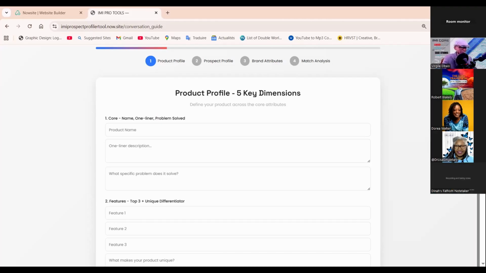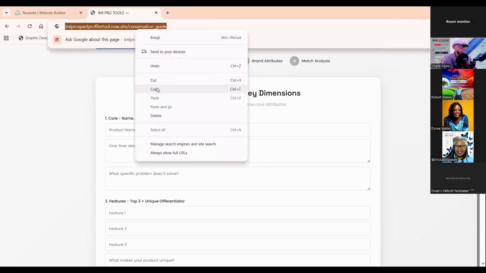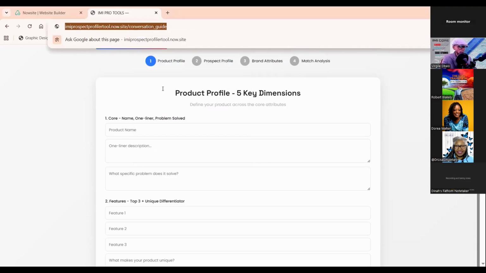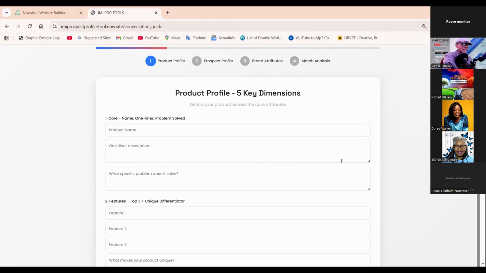Do we figure out what the product is on our own, or are you going to tell us what the product is? No. We're going to fill this out together. I'm going to drop the link of the tool in the chat. So if you guys want to follow along, you can. But we're going to fill it out together. Or you can also fill it out by yourself. For those who don't want to do it by themselves, we can share.